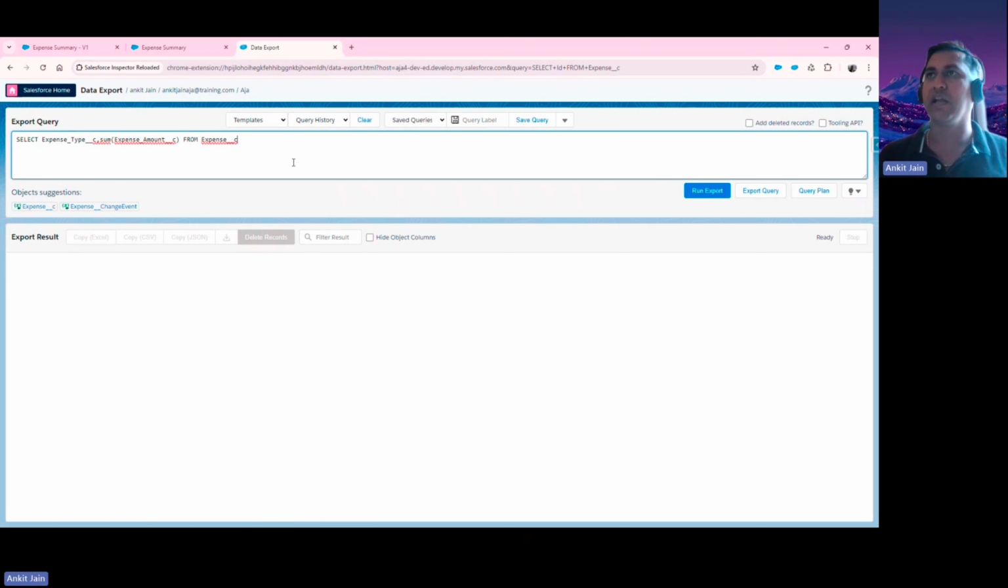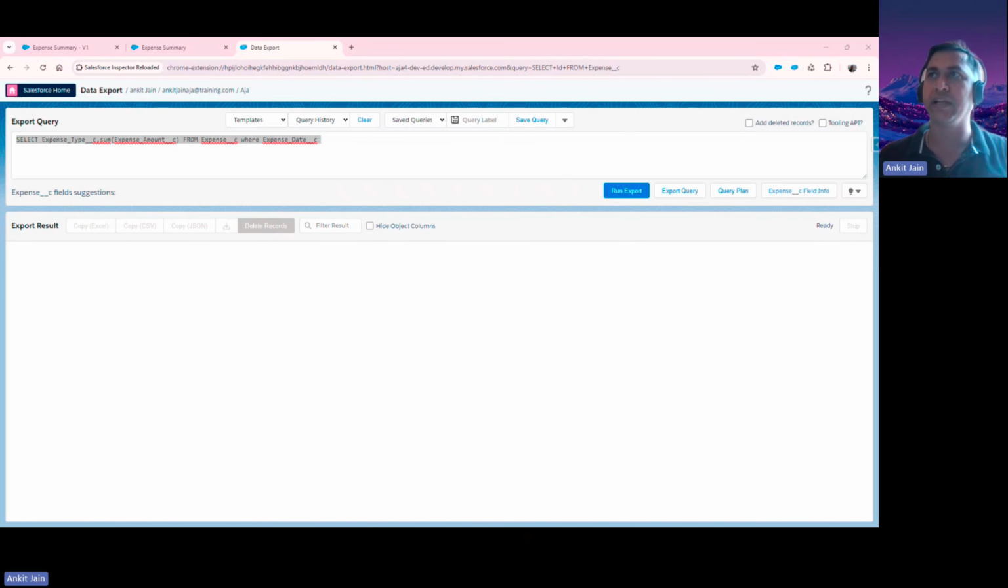And again, I have to add the filter criteria as well. So I have to make sure that I do have my expense date as well. Again, the expense date I have to pass in between that. So that's fine. So let me take this query,